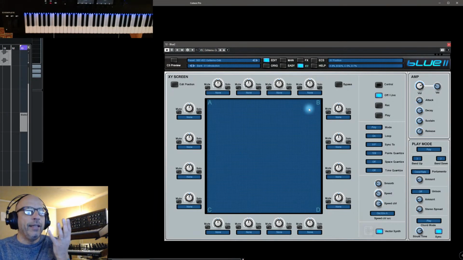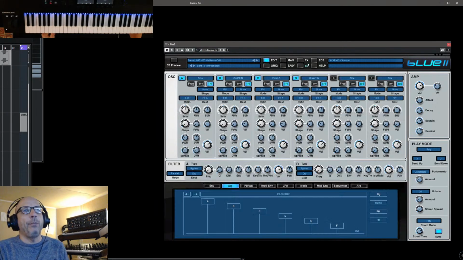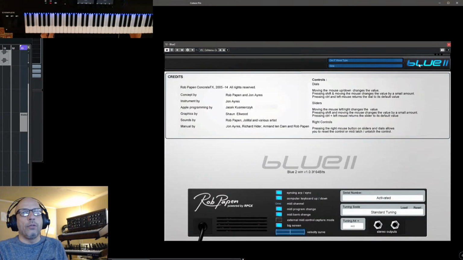And this applies to the first 4 oscillators. The other ones you can still address by using one of the targets here. So you have many options by using the XY in Blue 2. So that was new in Blue 2, and a range of samples. And the range of samples, as mentioned, we're focusing on doing,